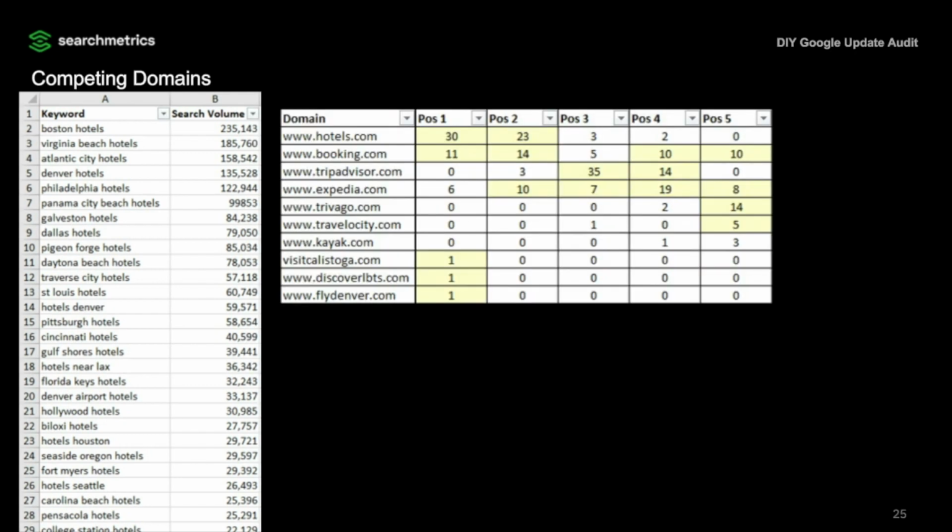And if we're looking at the competing domains on exactly this keyword set of, I think it's around 60 keywords that I looked at, we see hotels.com, booking.com ranking a lot, expedia.com as well. And hotels.com right now has got the most position 1 rankings and position 2 rankings, followed by booking.com. TripAdvisor, no position 1 rankings, of course, because we filtered down the list to keywords only that had no position